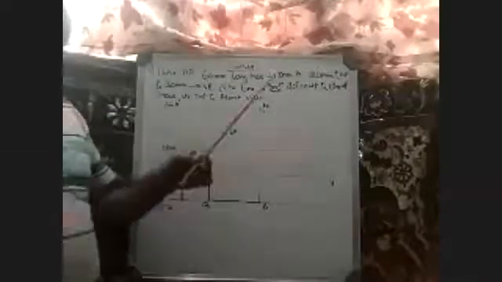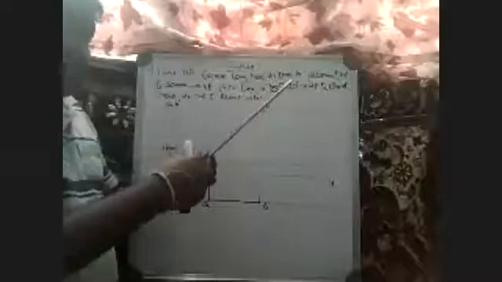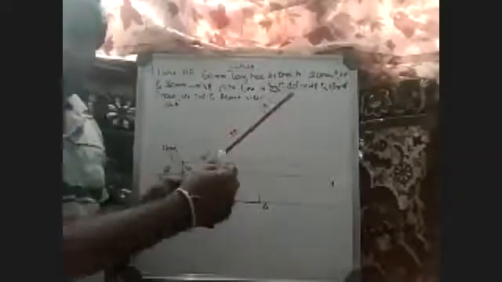This is the true length. When the 60 mm line is inclined 40 degrees to HP and you torch a light from the front, this is the true length of the line that you see from the front. That's the reason it is called the true length. Whereas when I torch a light from the top, this image will fall here, and this is the appearing length you see in the top view. So this is called apparent. This is what the lines chapter is, which carries 15 marks or 10 marks.